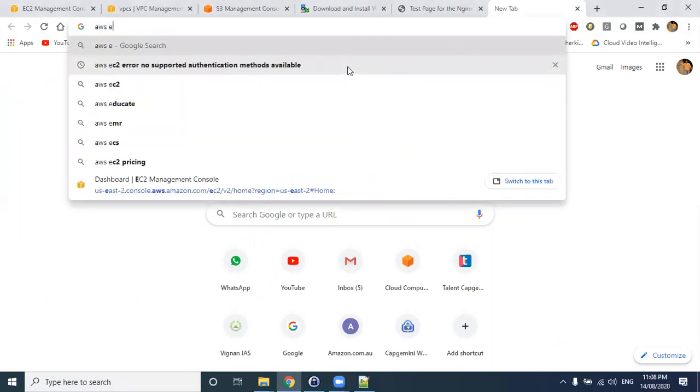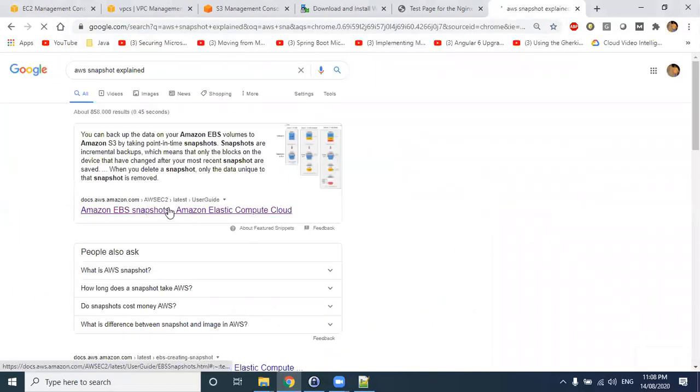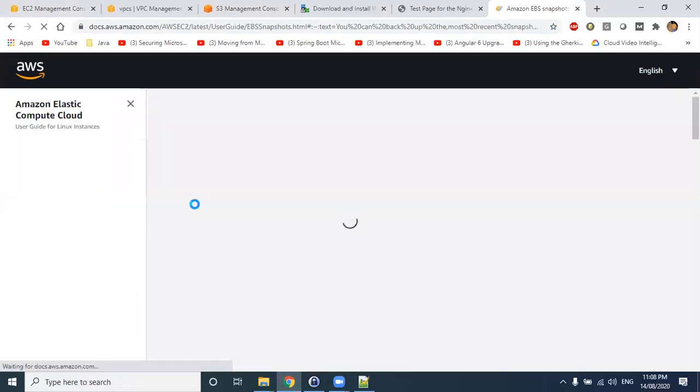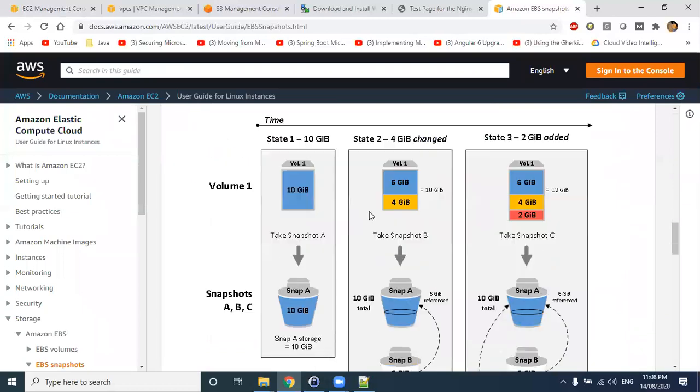To understand that, go to the AWS documentation on how snapshots work. If you see this diagram, initially let's say you have 10 GB of volume. When you take the first snapshot, all the 10 GB of volume will be backed up. That's why your first snapshot will take some time.